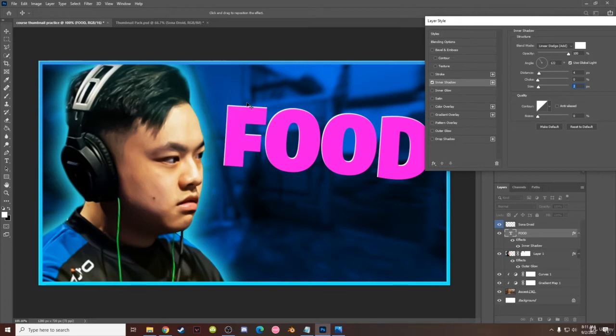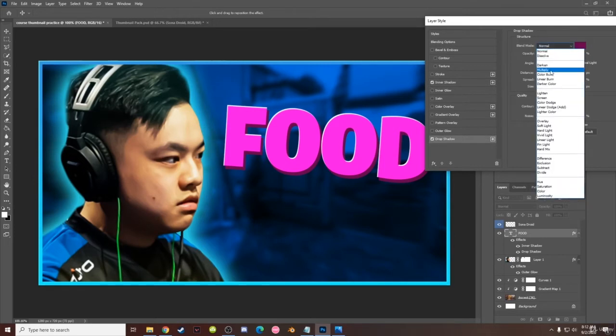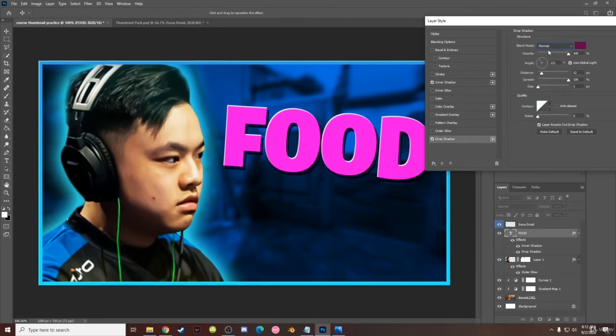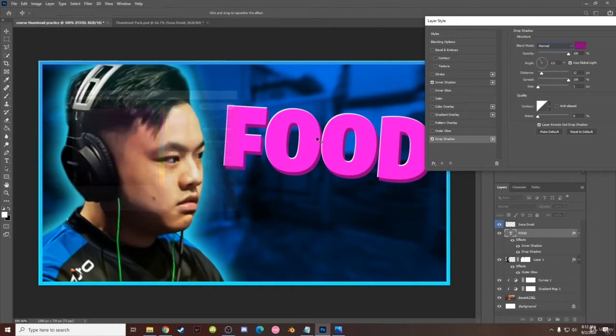And right now I'm going to show you how to make it look even better with some drop shadow, creating this effect. If you go right here to drop shadow, blend mode should be on multiply, and you should change that to normal. So click on the color, so select our color that we have, and just go with anything darker that you feel fits for this specific thing right here. So this text fits with this one, so select this color, go something